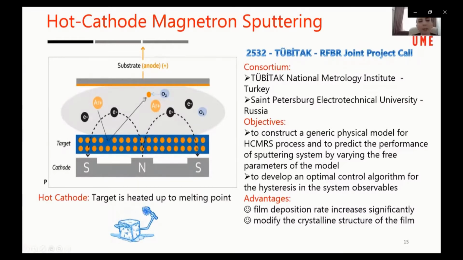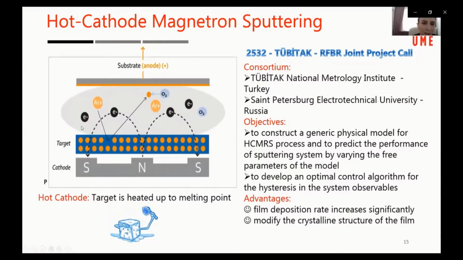So here, if you put additional gases, reactive gases like oxygen or nitrogen, these target atoms, before coating the surface, may interact with this reactive gas, and there will be a different coating here. And the name magnetron comes from the fact that we have a magnet here. And the purpose of having this magnet is,